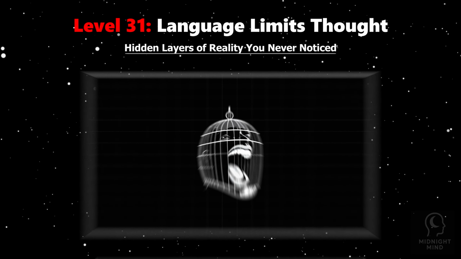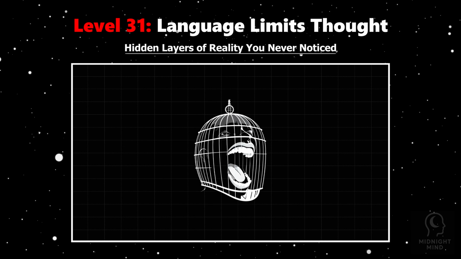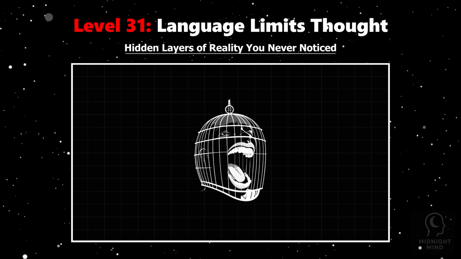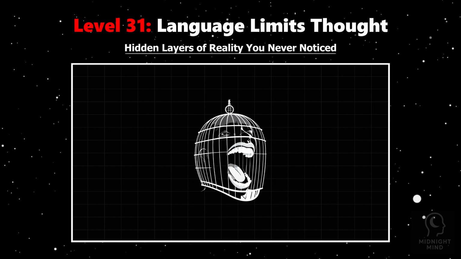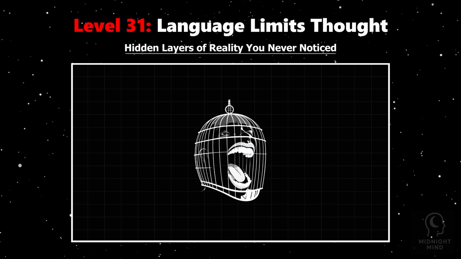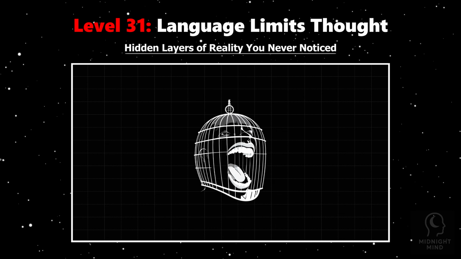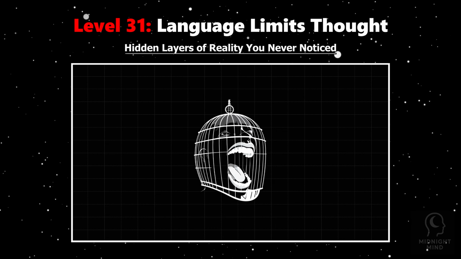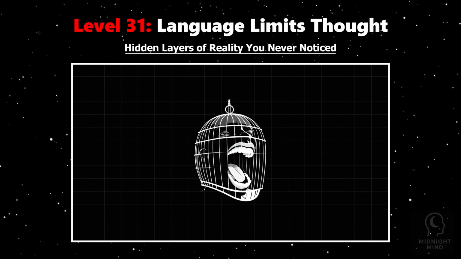Imagine trying to grasp a feeling, an idea, or a truth that hovers just beyond your reach, a shadow in your mind with no words to name it. This isn't just frustration, it's the fundamental way language shapes thought. You can't think what you can't say. Your words form the borders of your mind, carving out the spaces where ideas live. Without vocabulary, certain truths remain locked away, hidden behind a barrier built by silence.